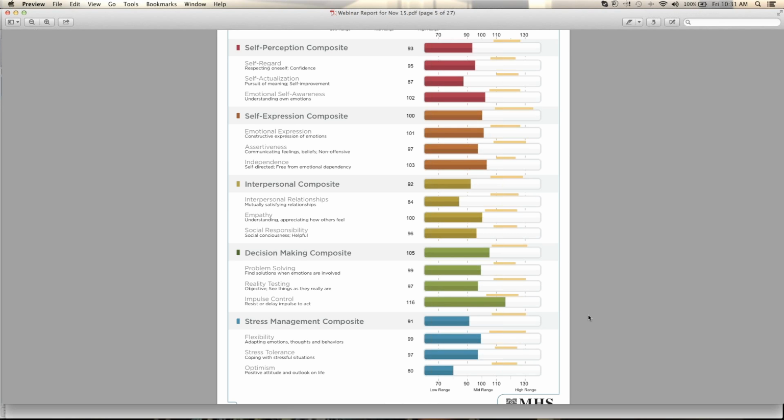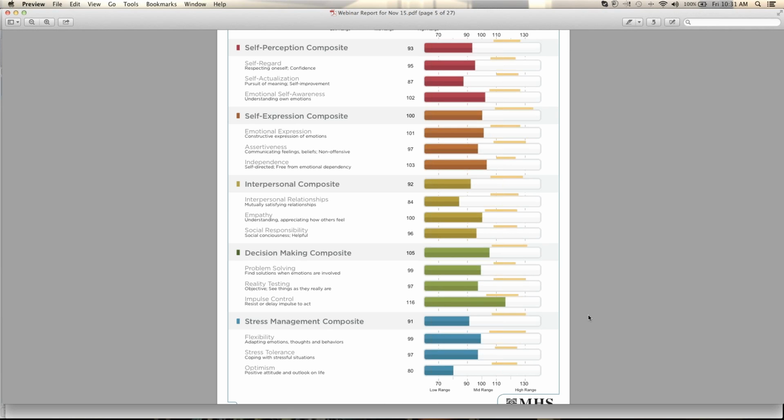And all we can do is say that this is what the results seem to suggest, and then enter into dialogue with the person who created those results to know more about what the implications are for that individual themselves. So we see the score in impulse control, which again could be a good thing if we use that in the right way, but then could be a bit of a drawback if we spend too much time in deliberation, not enough time in action.